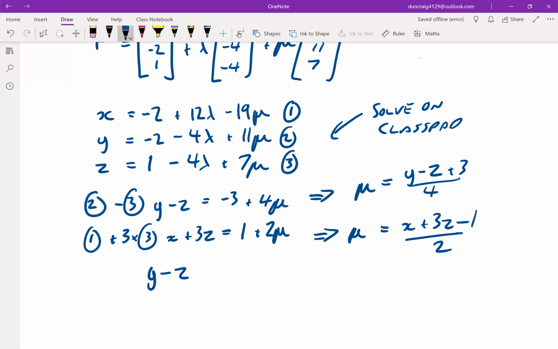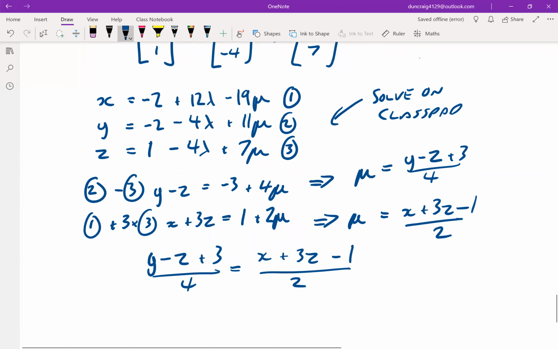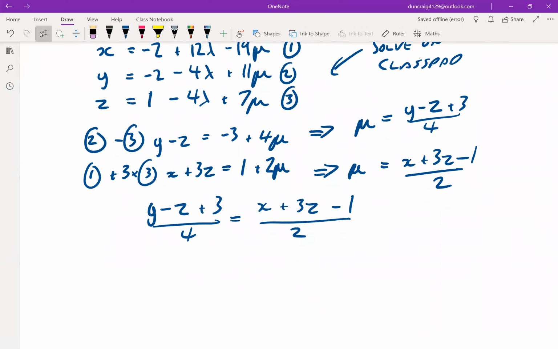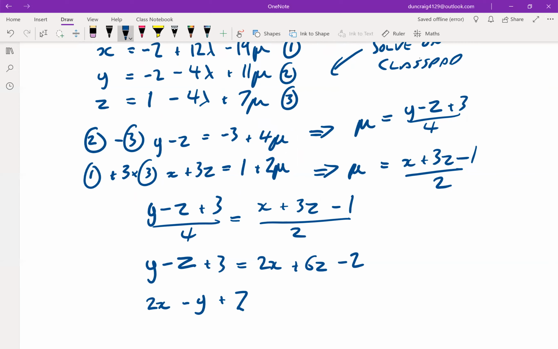Y take z plus 3 over 4 is equal to x plus 3z take 1 over 2, and multiply everything by 4, and you'd get y take z plus 3 is equal to 2x plus 6z take 2. So then that would give you the equation 2x take y plus 7